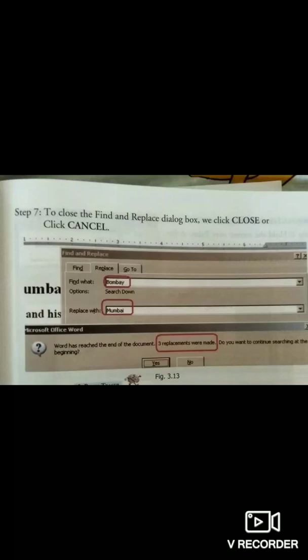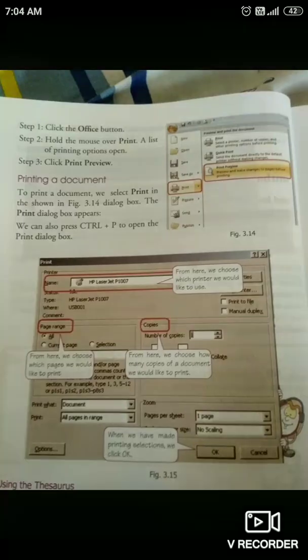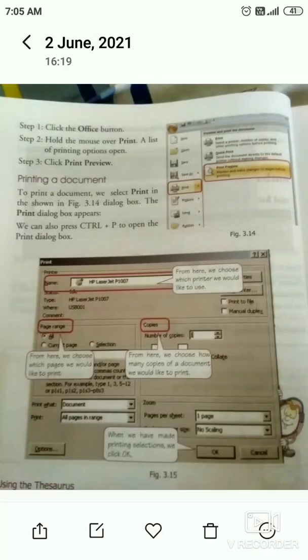So children, now we can find one matching, the match the following portion on page number 41. I will help you solve the answers of the match. After the class, I will show you this.